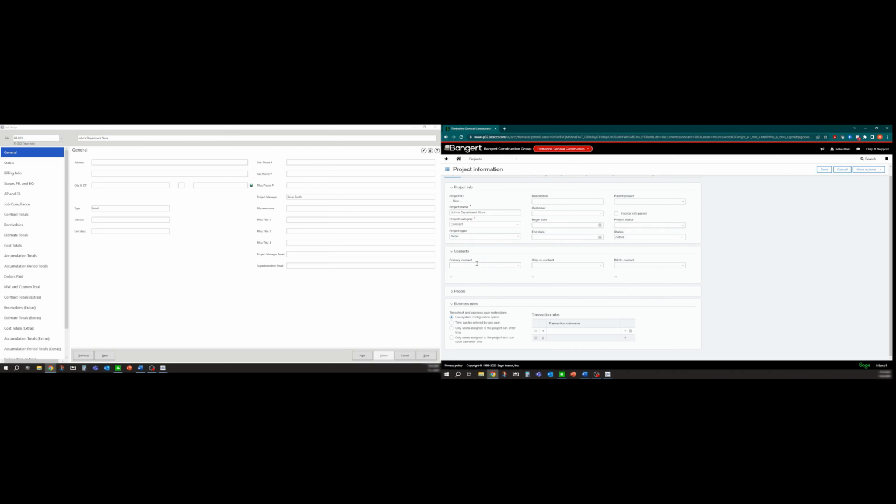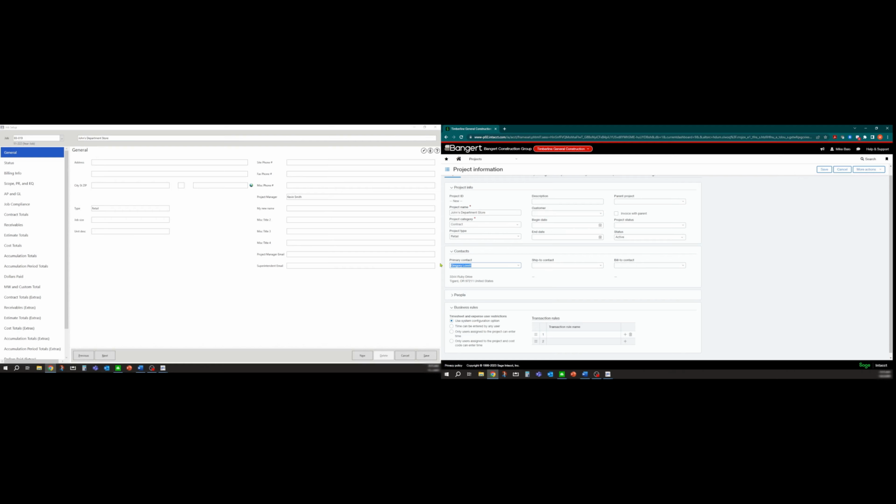Now, one of the really nice things here with Intacct is you don't have to use the list. In 300, you have to use the list. But if I know he's Greg, GR, I can just start typing it in. And that's what most people use, this best fit. You can type in the name or ID in most cases. So I can really quickly see Gregory Lovett is going to be my project